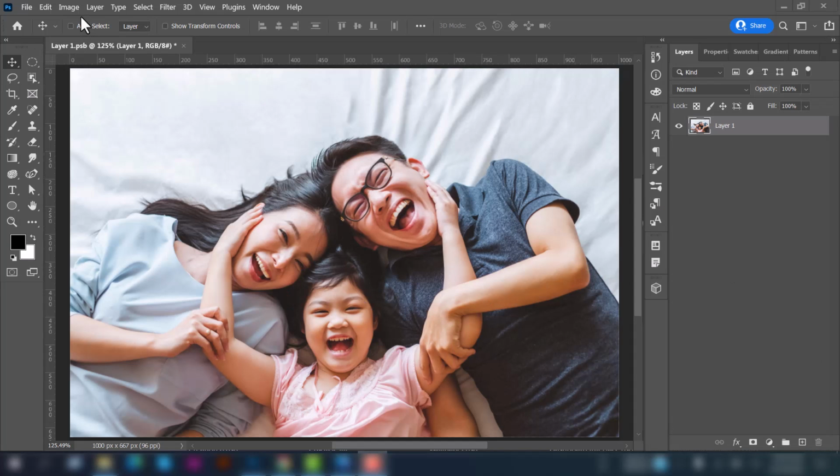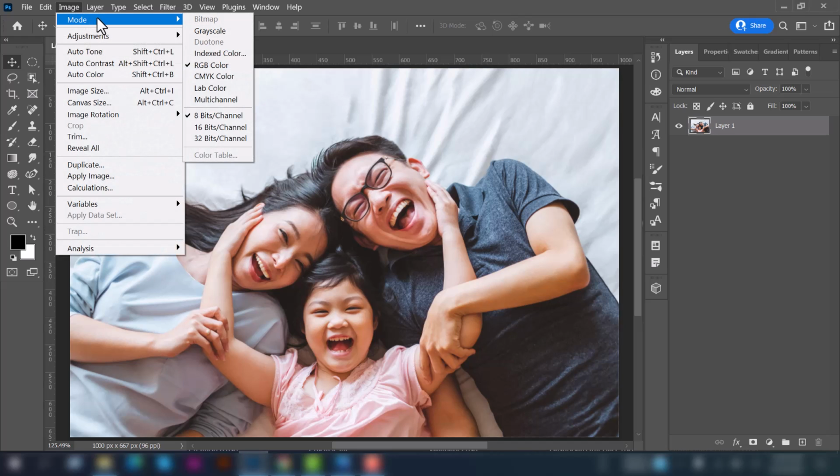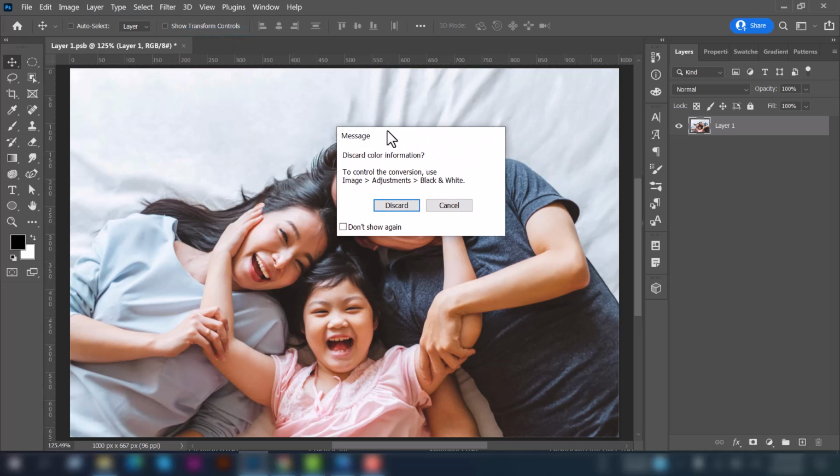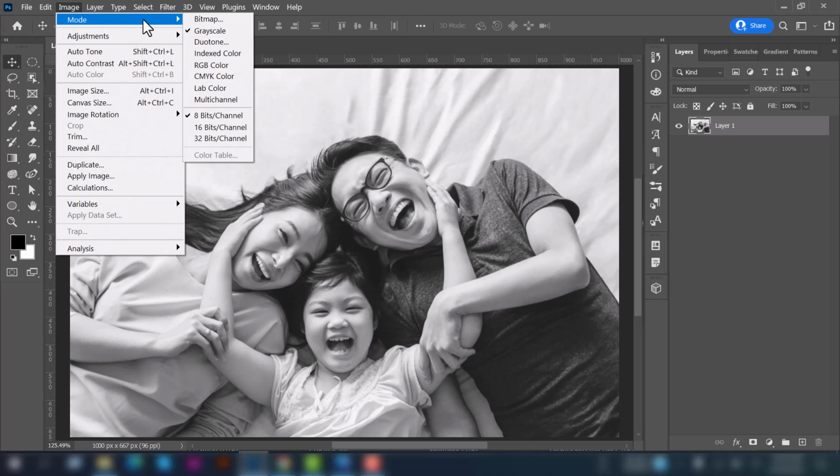First of all, go to the menu bar and select Image, and then Mode, and then select Grayscale, and then again go to the menu bar and select Image, then Mode and select Bitmap,